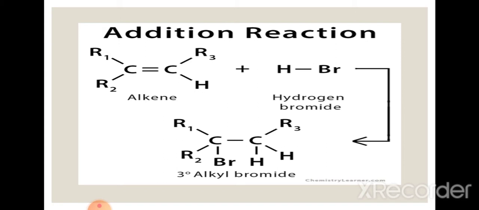One example is shown on the screen. When hydrogen bromide is attacking an alkene, you can see that hydrogen is attached to one carbon and bromide ion is attached to the other carbon. Why are both not attached together? That comes under Markovnikov's rule that I will discuss when I tell you about the electrophilic addition reaction. Here, just understand the addition reaction. So, a reagent is being attached to an unsaturated organic compound to give a product.